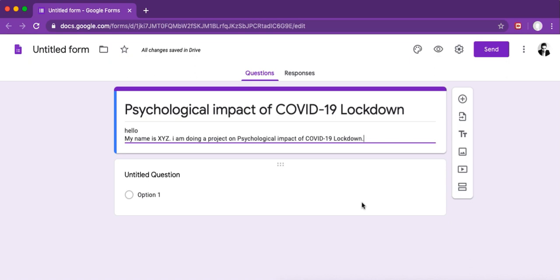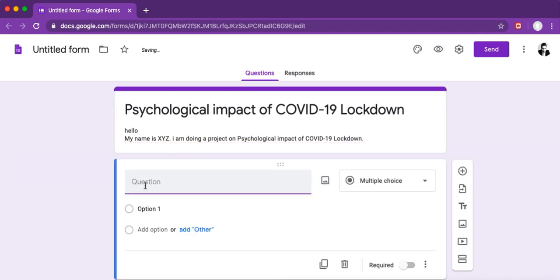Now after that, you are going to add here the first question, right? You see here the first question is here. Make sure you are writing all this description here because I cannot spend that much time on writing. So let us go here. The question number one, let the question number one be name of the respondent.